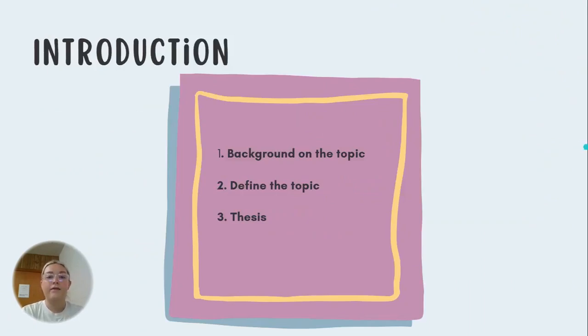So now looking at the introduction. For the introduction of a definition essay, you're going to want to give some background on the topic. In our example later on, it goes a little bit further in depth, and I know this may sound silly, but if you have a word that might be unfamiliar to some people, you want to give a little background on where that word may come from, or why you're talking about that word, why it's important to what you're writing about. And then you want to define the topic, and then you want to make a thesis about it.